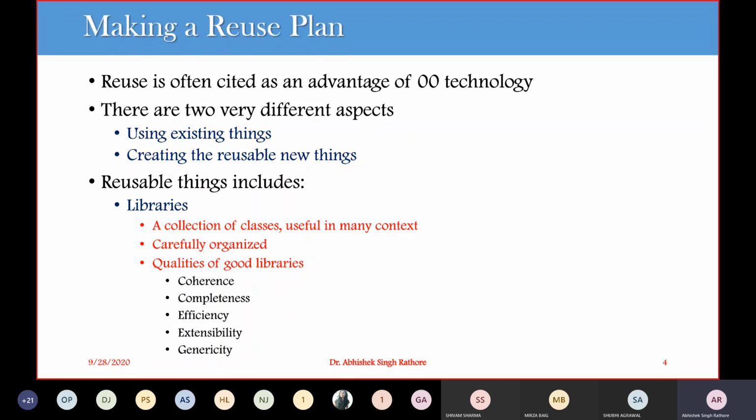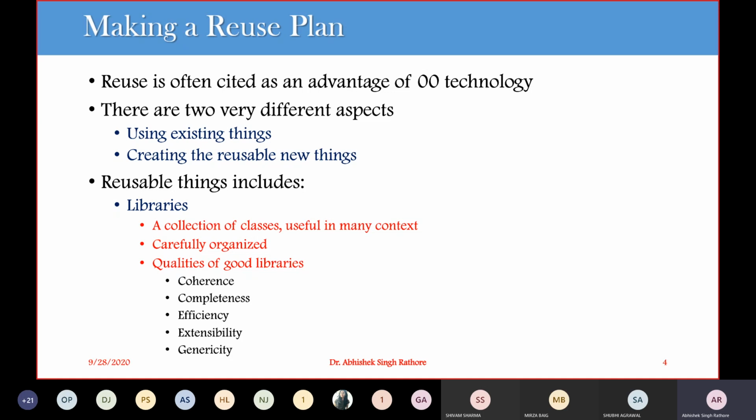The collection of classes must be carefully organized so that your user can find them easily. Let's say we take matplotlib. This matplotlib is a library for plotting graphs in a MATLAB-like way, or you can use a visualizer in another way.